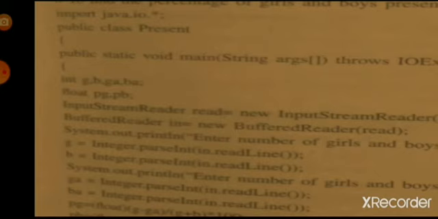Now next, to create a class, the name here is Present, followed by the keyword class, curly brace open. Next method is public static void main(String args[]) throws IOException. For handling input output exceptions, we have to write it in the function declaration using the keyword throws. Okay. So this must be written in the input stream classes.